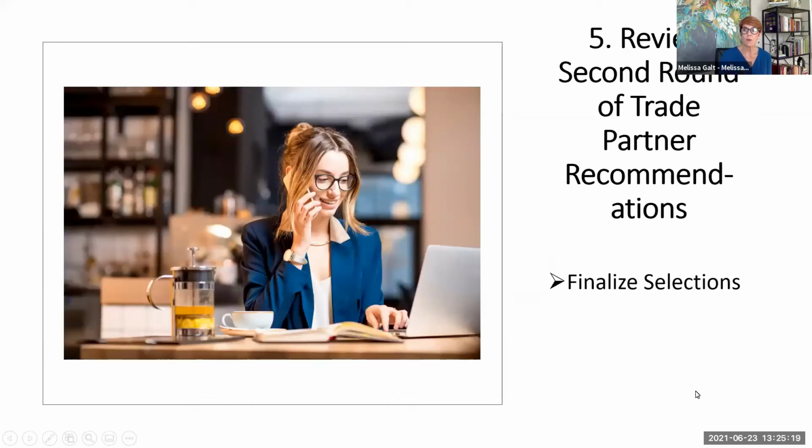Review the second round of trade partner recommendations, because you pinged them back and said, hey, that's really close. I need something a little different. Now, when you're asking them for recommendations, you're giving them parameters. So if you were to say to 2 or 3 reps, hey, I'm looking for a sofa. I need 90 inches. I want a track arm. I want 3 cushion. I'm looking for spring down. And I'm planning on a COM. So give me the COM pricing.